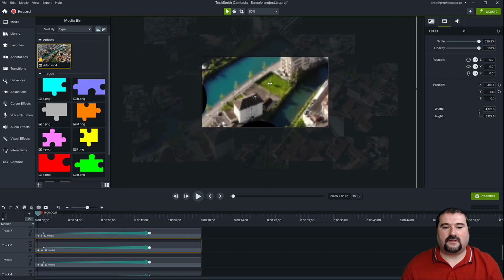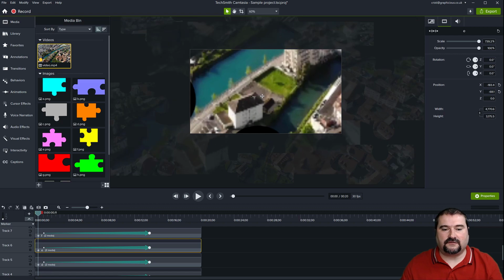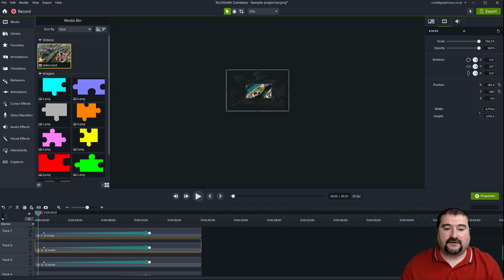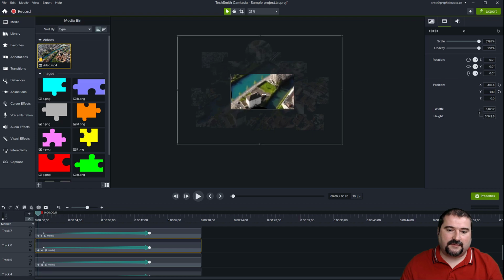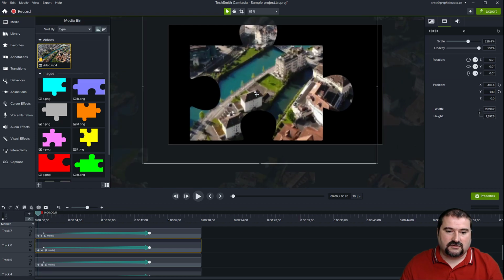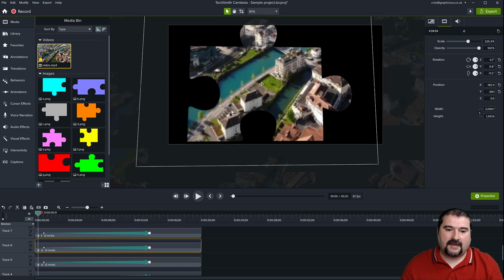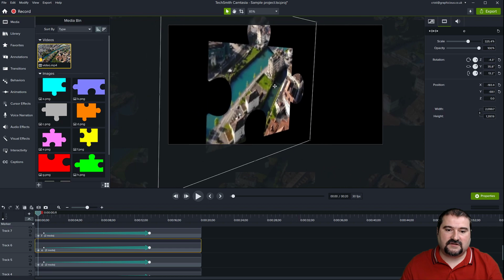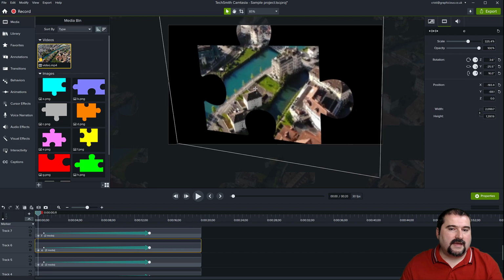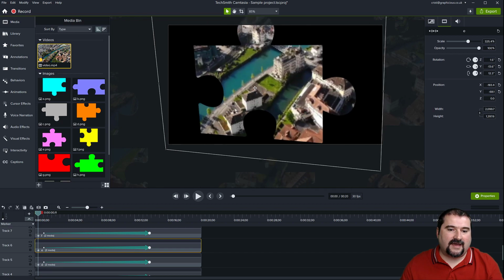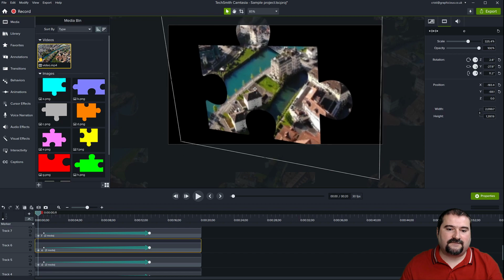Another thing you can do, I know my video is not very good resolution, so you're going to see a lot of pixels, is move these pieces in 3D space. What I mean by that is, instead of just scaling them up and down, you can hold down the Control key, select the object, and then hold down Control Shift, and you rotate the piece in 3D space. But be careful with this, because if you go too far, it's going to lose the angle and it's going to rotate in a very funny way.